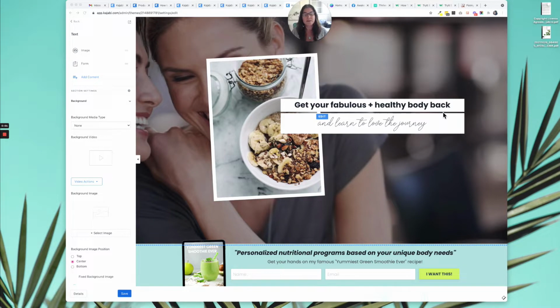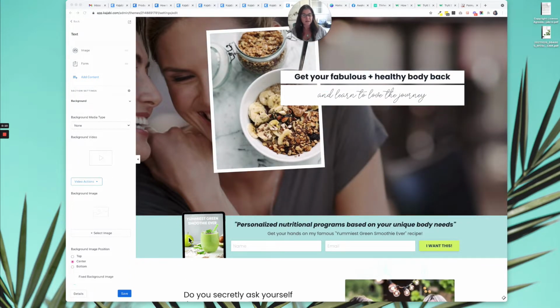Hey guys, wanted to do a quick training today because I get asked this question quite a bit. How do we move one section from one page to another? Now there's a couple of different ways to do this and it depends on whether you have code editor access